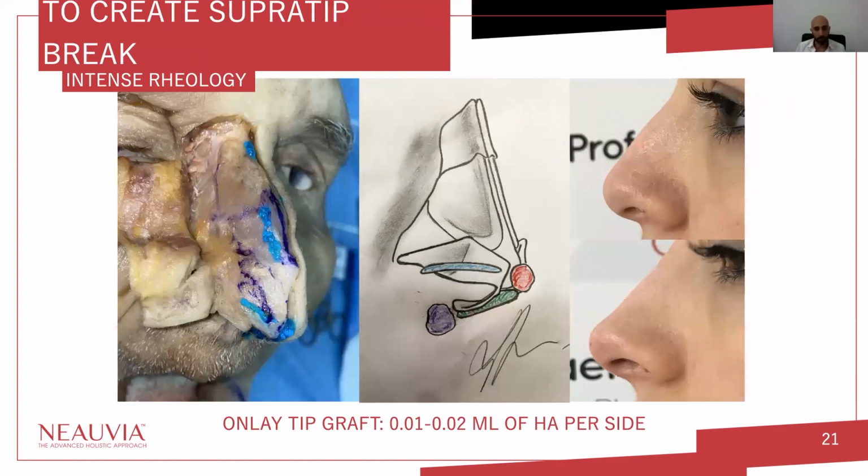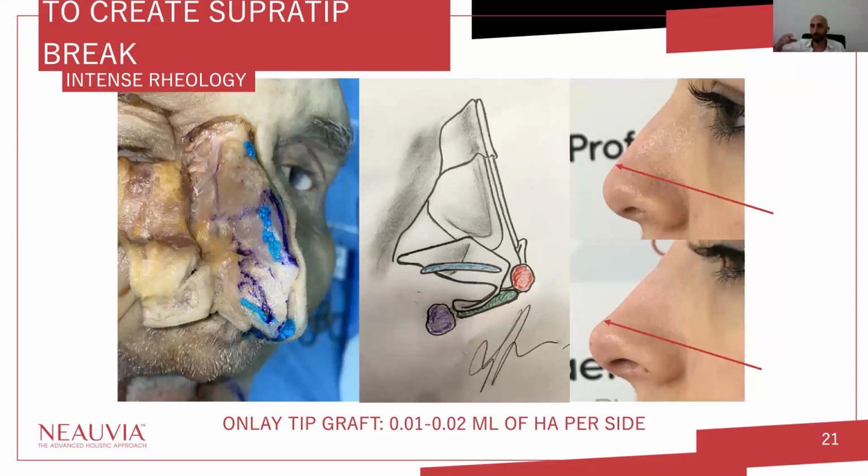Another tip is to inject just above the tip, the so-called only tip graft. In this case, we have to inject a really small bolus, and this kind of injection is really important, because it will give us the so-called supratip break. The supratip break that is pointed by the red arrow is really important for the aesthetic balance of the nose,